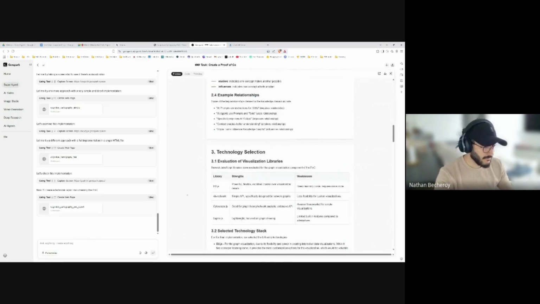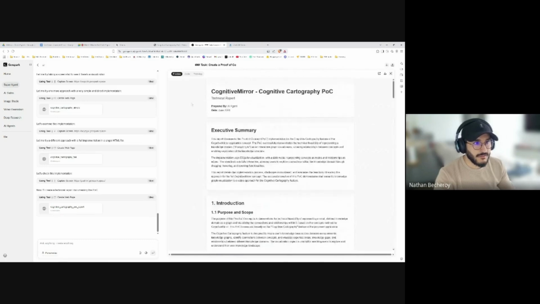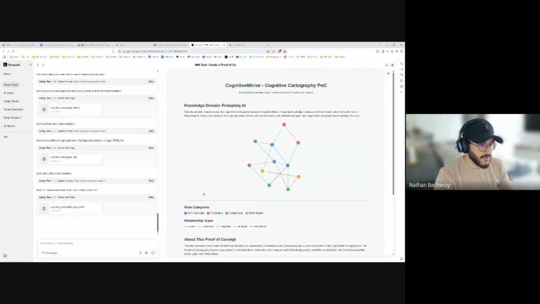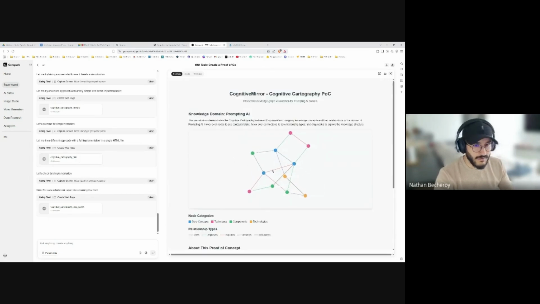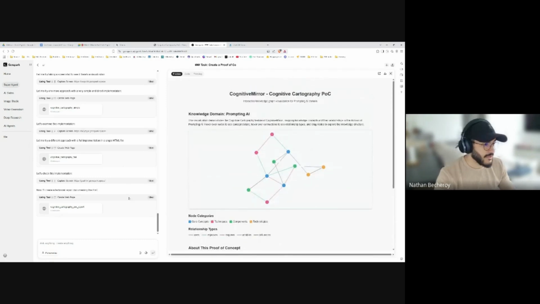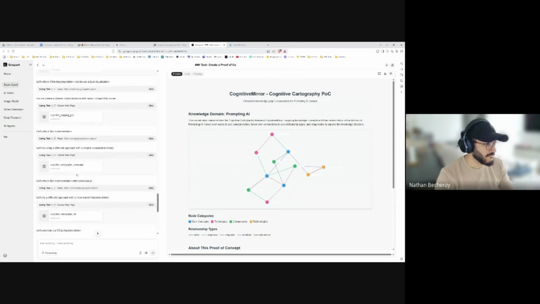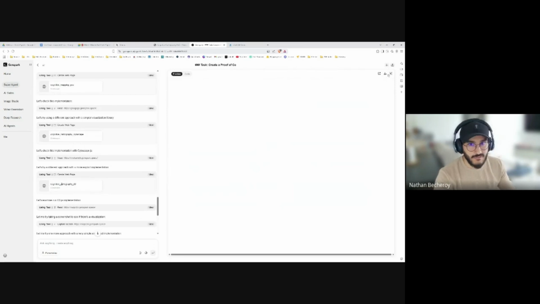This is the report, and here we have, let's say, the tool is only screenshot. This is the full web app, let's say, and you can have access to all the documents you generated part by part.